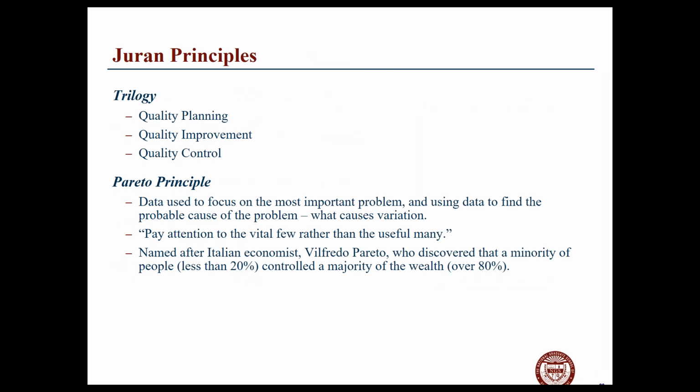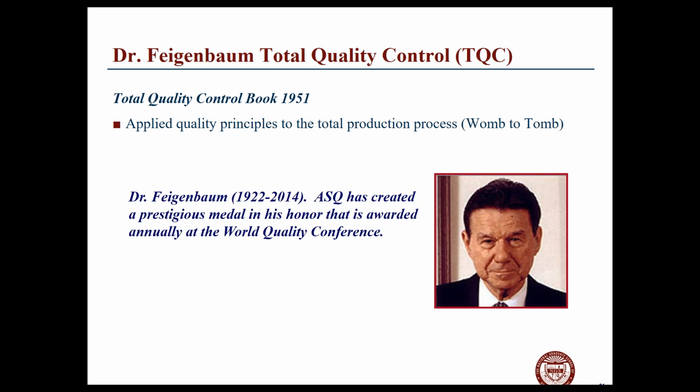The Pareto principle is one of the other things that was very important. You'll be doing Pareto charts later. They're very important as a part of your measure phase and analysis phase about what are the most important things you need to focus in on. And it's this 20-80% rule. It's kind of like, if you've got 5 kids, you probably get 80% of your headaches from the black sheep in the family. 80% of your causes of poor quality are probably coming from 20% of your production or your products or something like that. So that's part of what he brought, which we'll talk about much more in your measure phase.